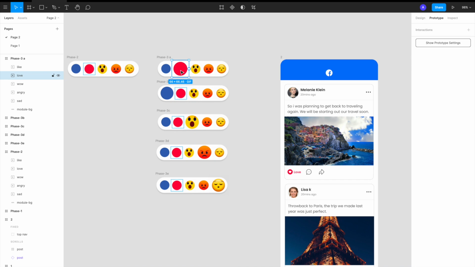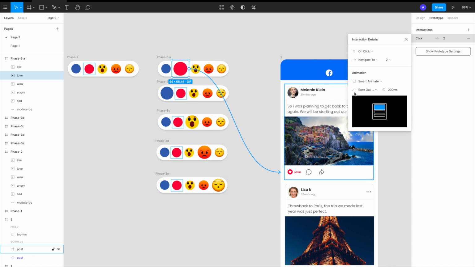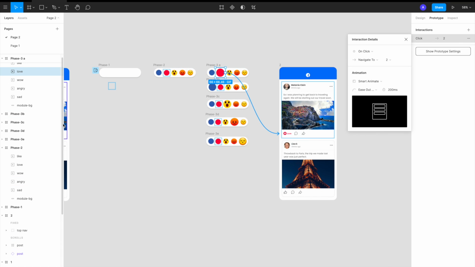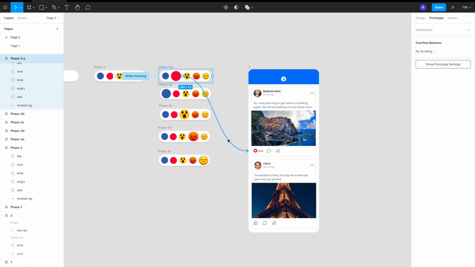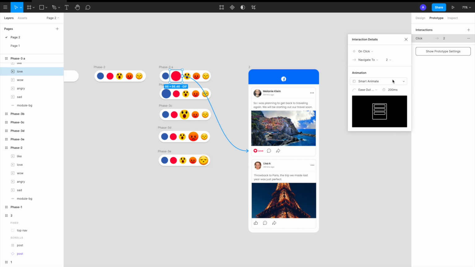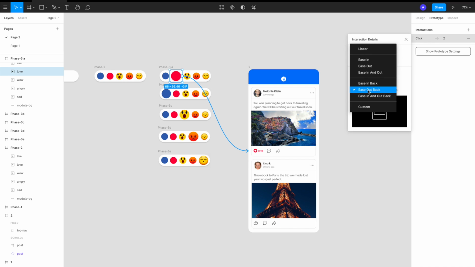Once we click on that particular zoom state, we need to come to this stage. So I'll link this one to this. I'll just drag this to this stage, and on click, perfectly fine, navigate to, and smart animate, ease out, 200 milliseconds, this should do actually. Since now we are moving out of this stage to this stage, navigate to will work for us. So that's why we are not doing swap anymore. I think this should work fine. Mostly we can do ease in, ease out as well.